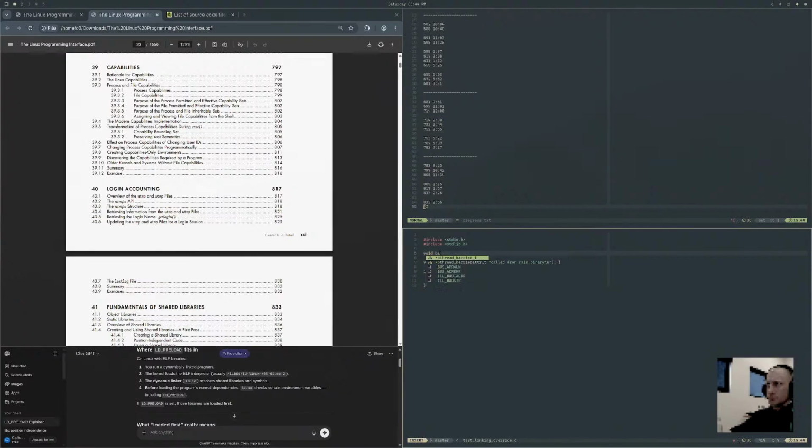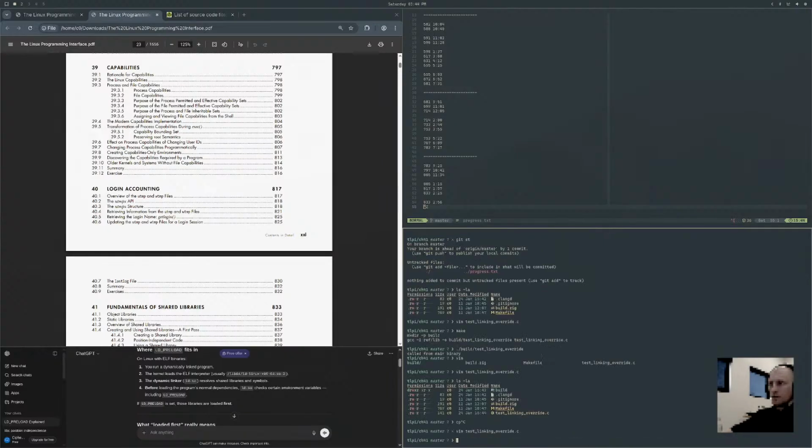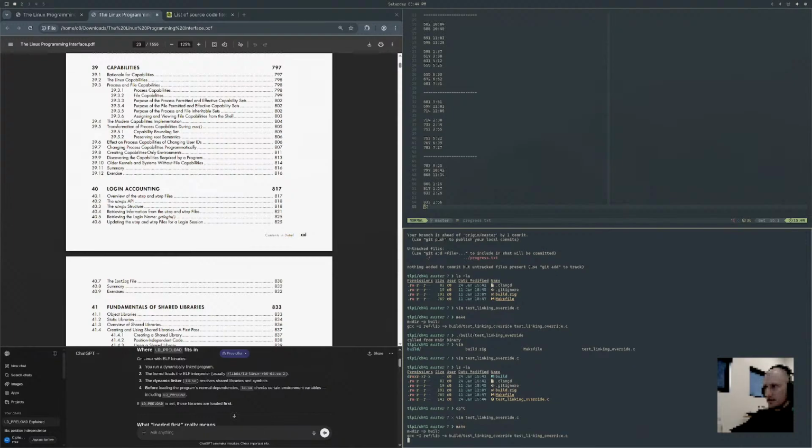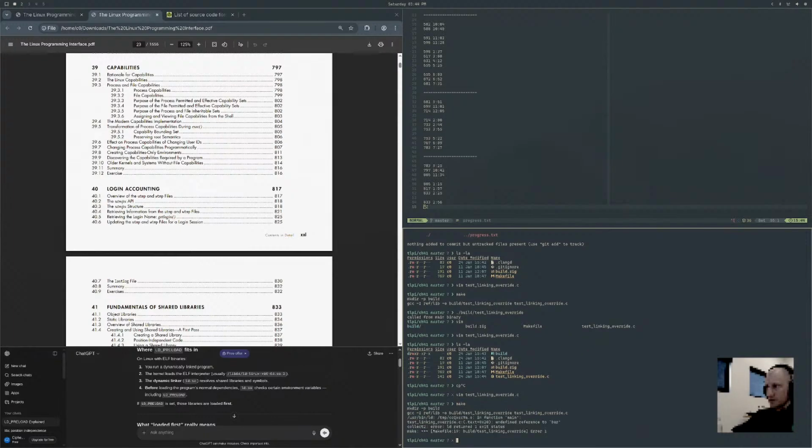We'll say void bar. Foo and bar. And then if I make this now, it's going to say, hey, you got a reference to bar. So I need to create my lib. So we say